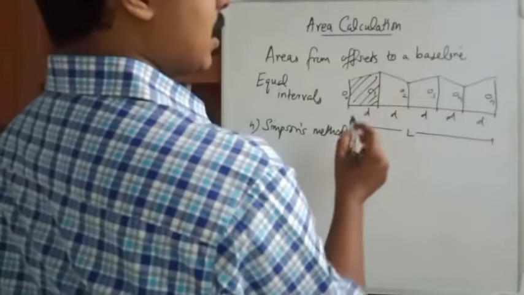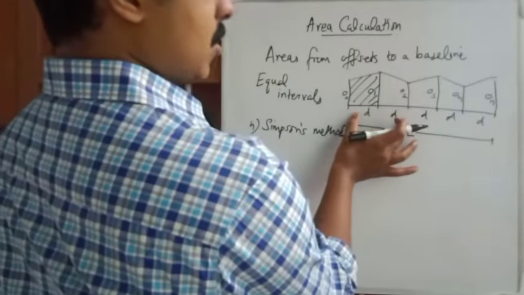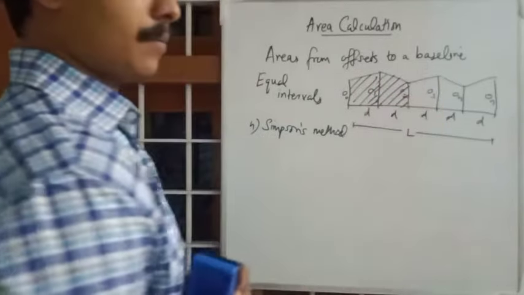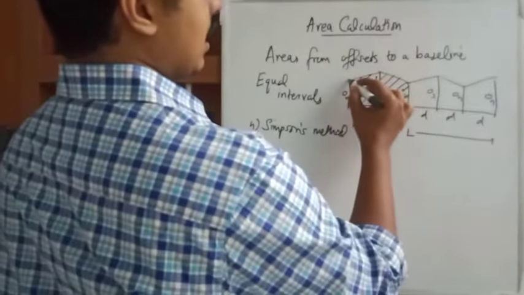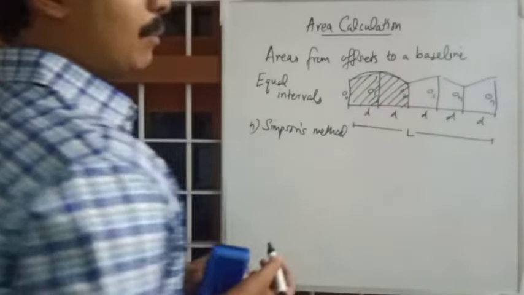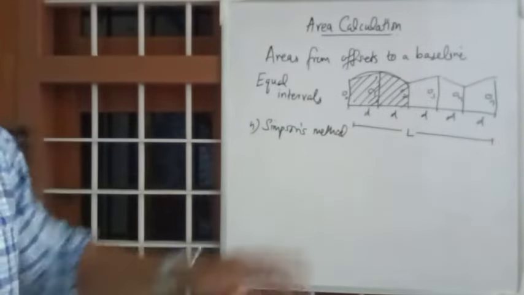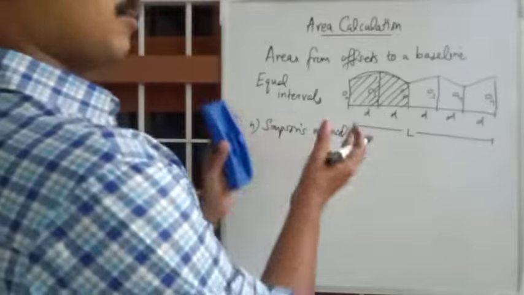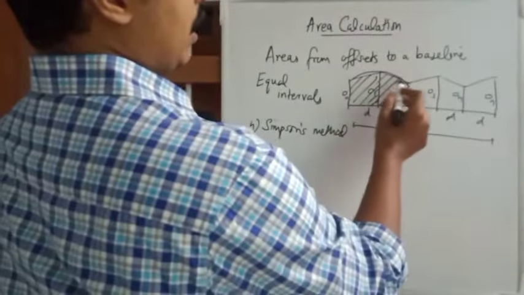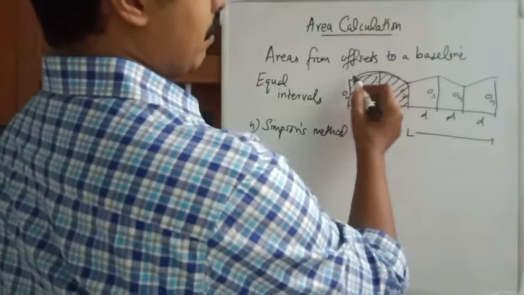But in Simpson's method, we will be taking two divisions together like this. We will be calculating these two together. And in Simpson's method, it is assumed that this line is joined as a parabolic line. And Simpson's method is proved to be more accurate than any of the methods. Okay, that's why we found out Simpson's method, and it came at the last. So it will be considered as two divisions together, and it is assumed to be joined by a parabolic line